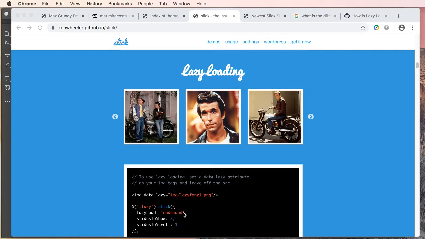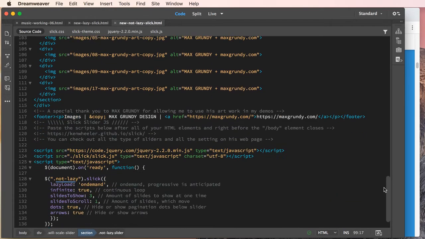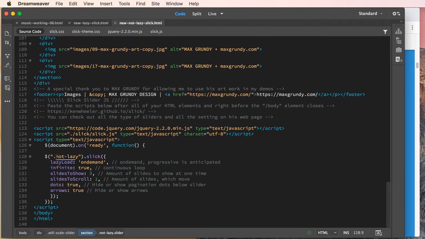So now let's look at using the non-lazy approach. So let's go and take a look at our page, and pretty much everything is the same. I added a little bit of a background color and I closed up the padding between the images. Other than that, I changed in this example the class to not lazy. And not lazy is again our class which is used in our function. And I should point out